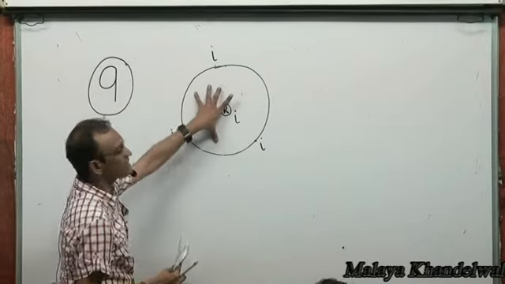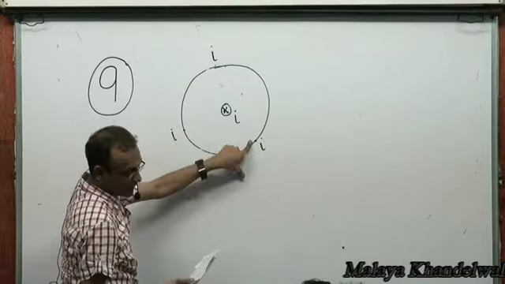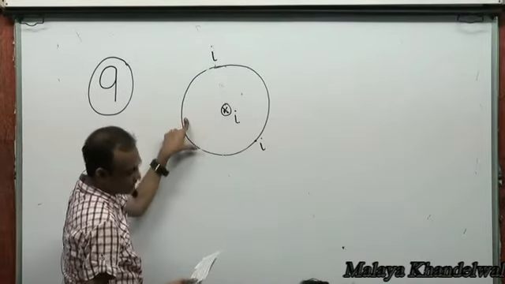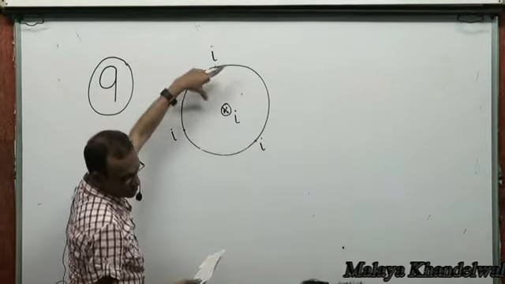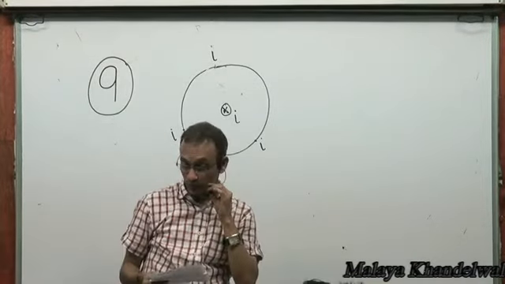So in one case they say it's I. In the other case they say it's I, 2I. In the third case it says I, 2I. And in the fourth case it says I, 2I, 4I. These are the various possibilities. Now